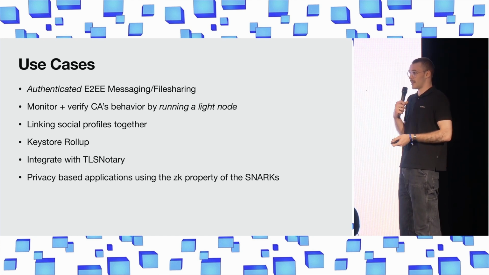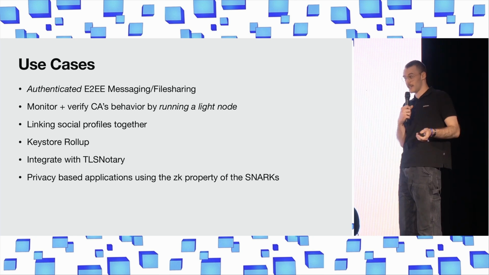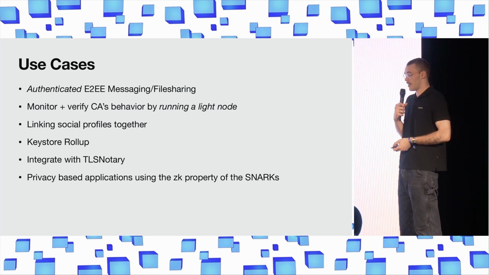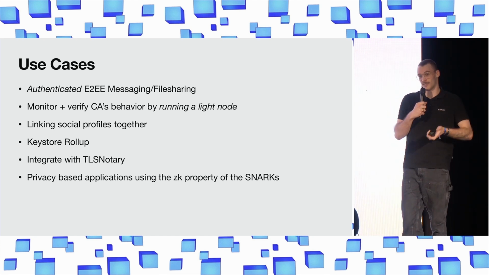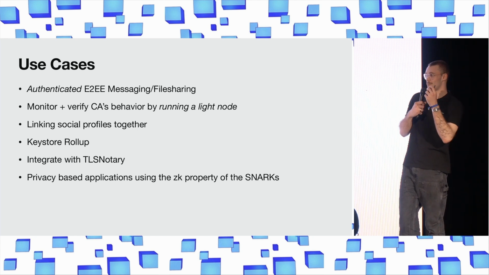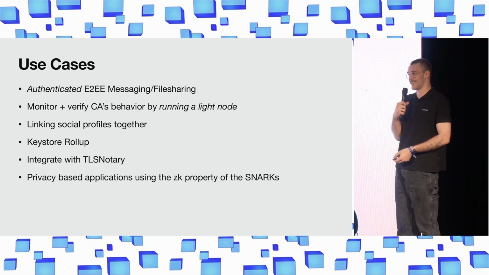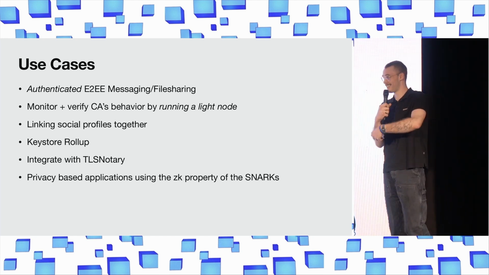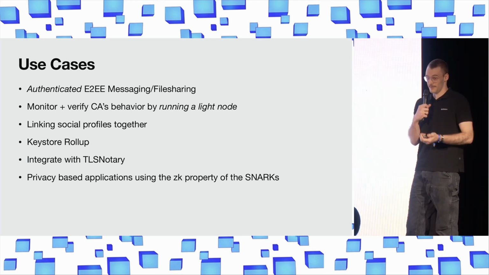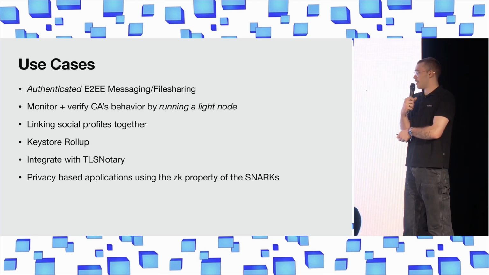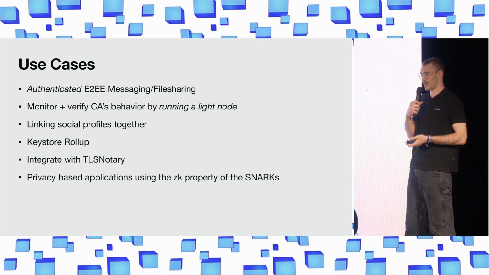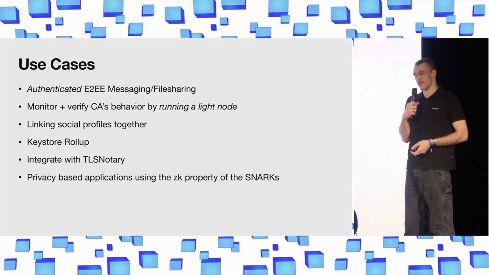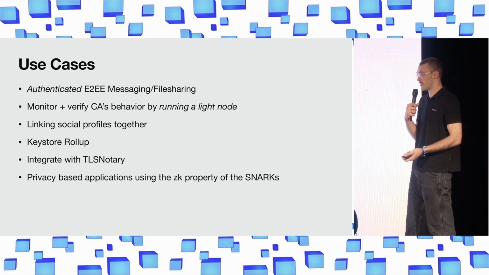You can then also make a crypto-native alternative to Keybase. You could link social profiles together and make identity proofs. This is really nice because next time Mustafa writes you on Telegram, you can just click on his profile and see, okay, this is a scam. He doesn't have his Twitter profile linked in this and this and this. This would obviously be very nice. You can make a key store rollup, which is a big topic right now. It has been a topic at this conference quite a bit, for cross-chain key and identity management to improve UX in our ecosystem.